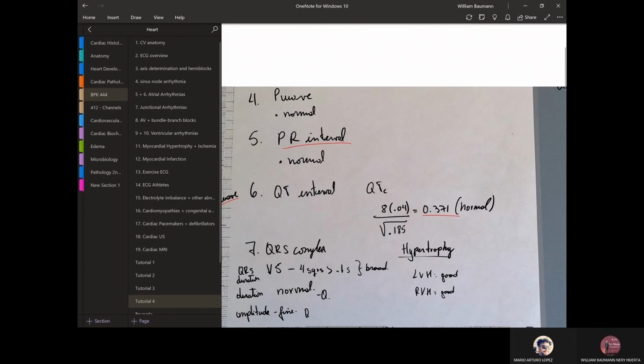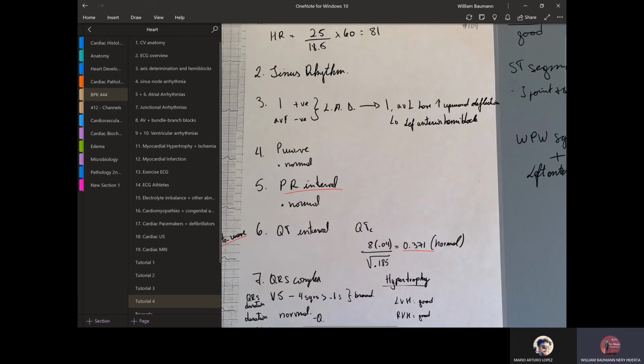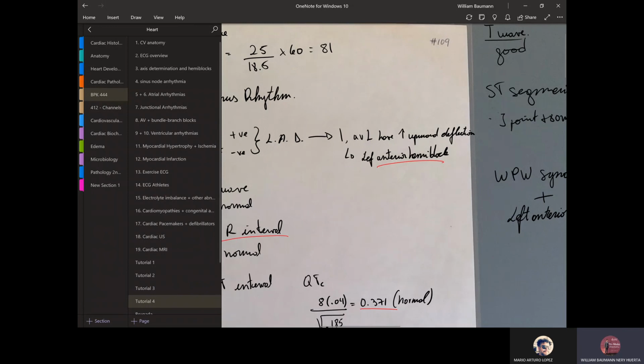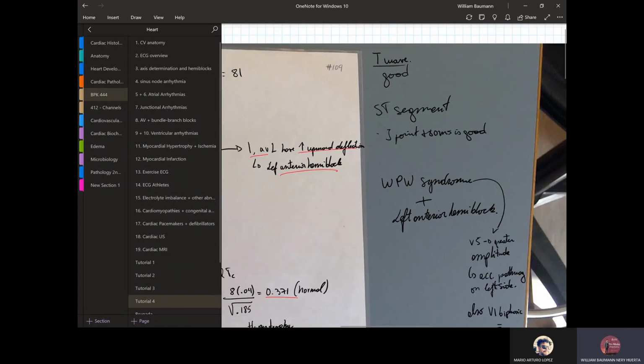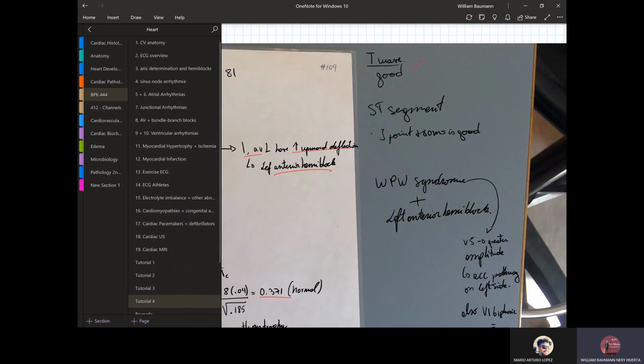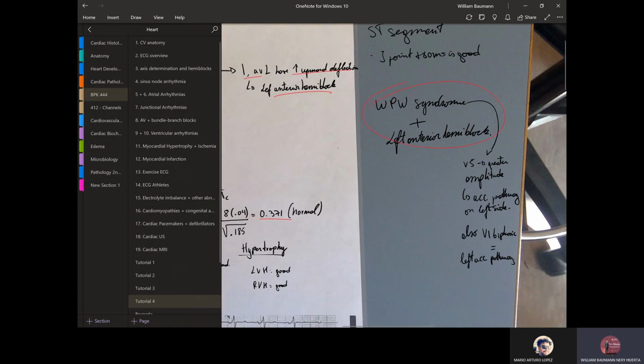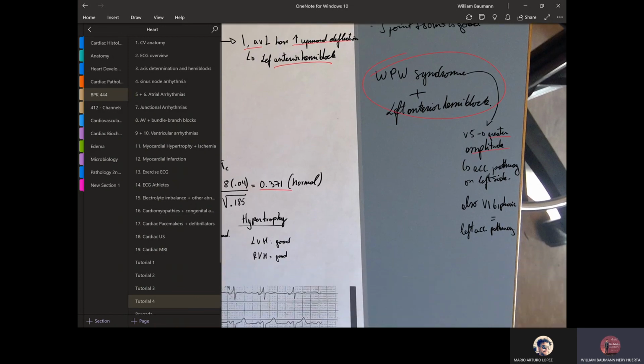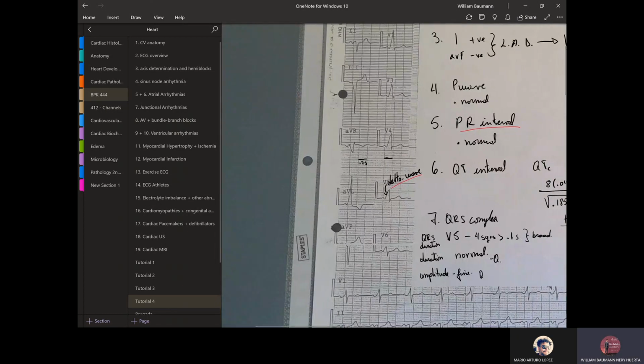And do I see anything else? Oh yeah, we saw the left anterior hemiblock because we see the one in AVL having an upward deflection. Our T wave is good. We haven't done the J point. And these are the two things we found. The V1 has a greater amplitude. The accessory pathway is on the left side. It's a bit high, but we also see the delta wave. I saw it here more. Excellent. Excellent work. Any questions, Arturo? No. Wait,